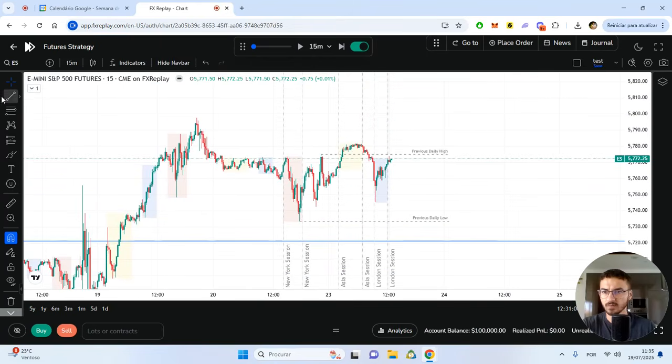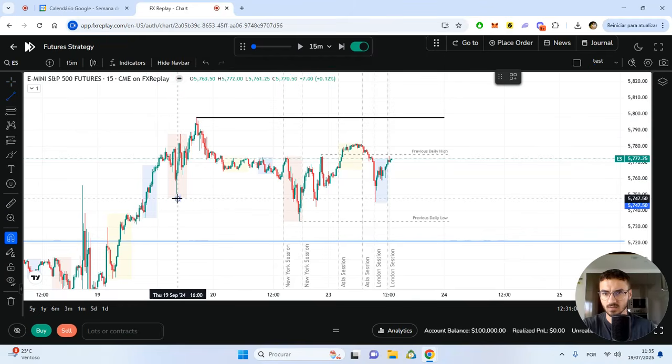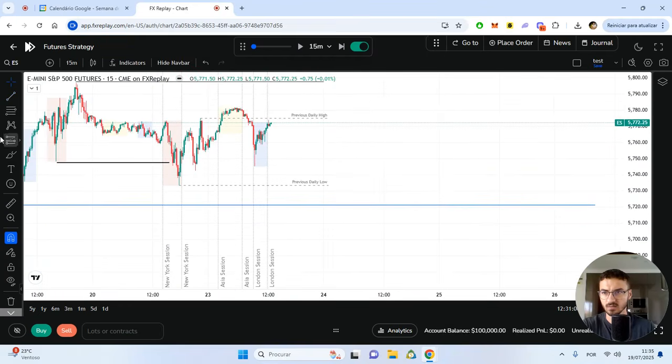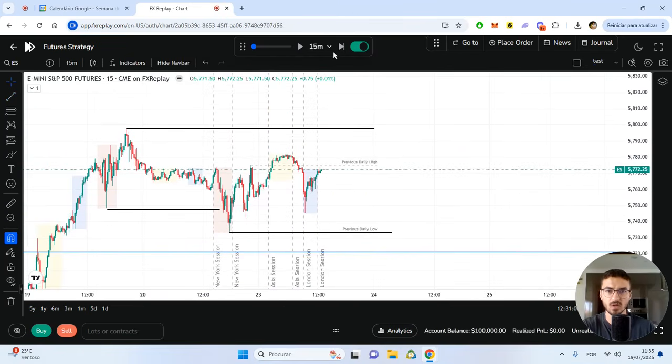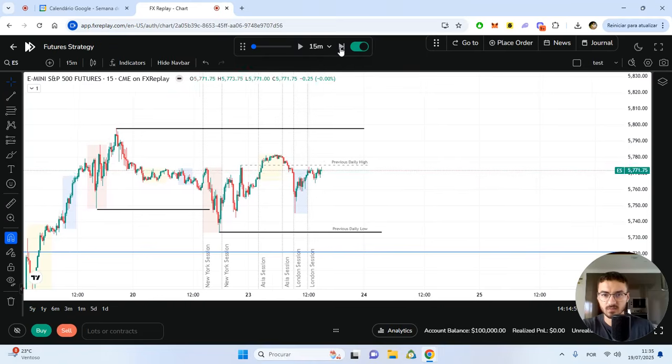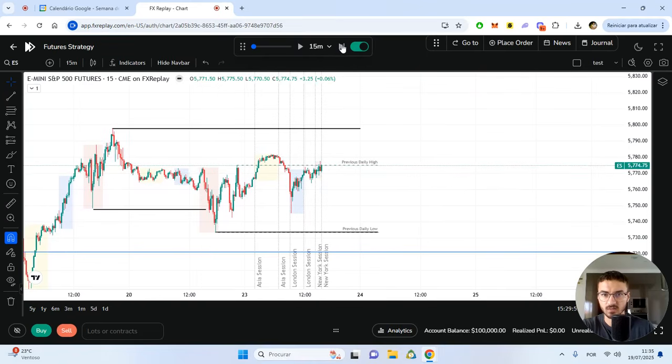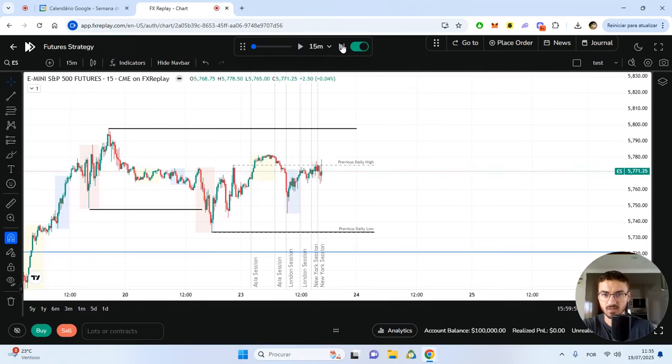And right now we can move on to 50 minutes, just mark out the structure as well. Here, we took some liquidity. Here we took some liquidity, but we can continue to take, as I was mentioning before, this inducement and the previous low. New York's coming in, which is perfect. Let's wait for the open of the session.